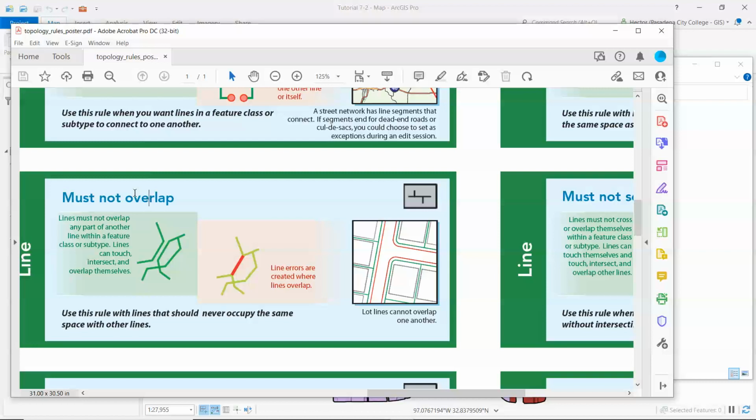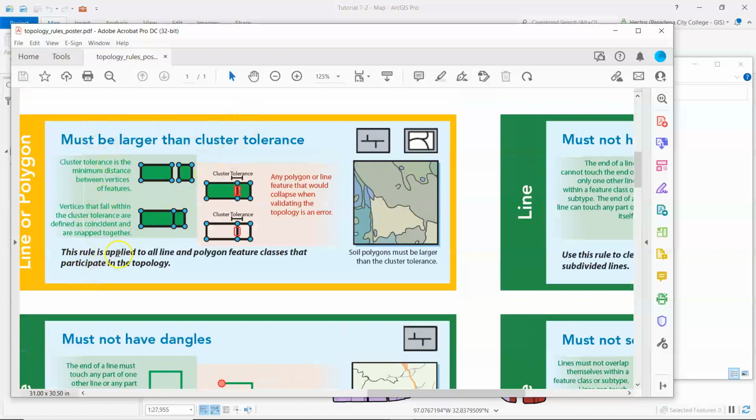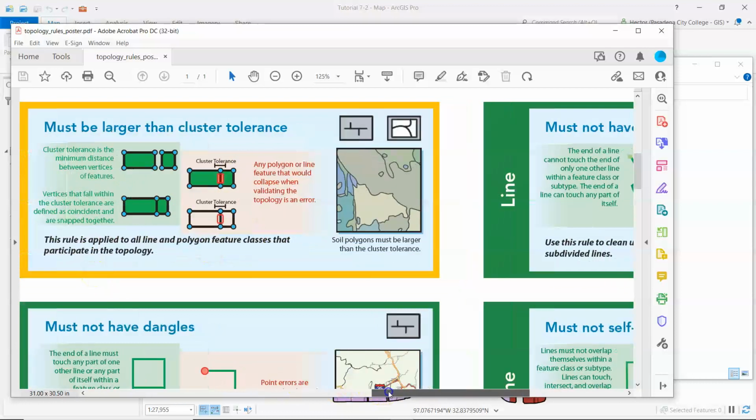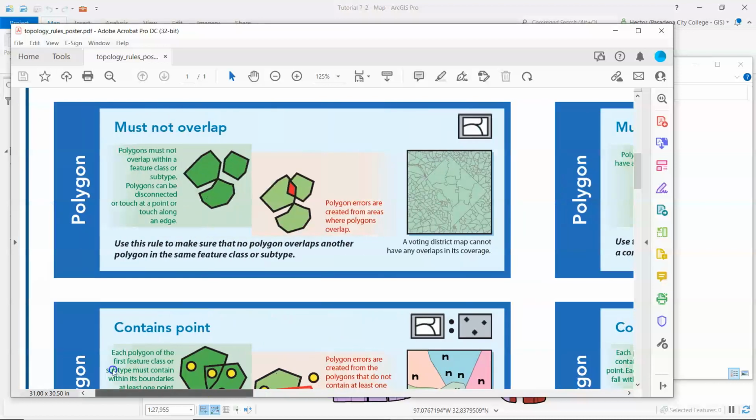So we read the following list at the bottom of page 227. So for polygons, must be larger than cluster tolerance. So we do have this cluster tolerance rule. And this rule is applied to all line and polygon feature classes that participate in the topology. Okay, so we're going to add this rule a few times. We also have the must not overlap rule for polygons. Must not overlap is one of the basic tools. Use this rule to make sure that no polygon overlaps another polygon in the same feature class or subtype. And this is pretty important because